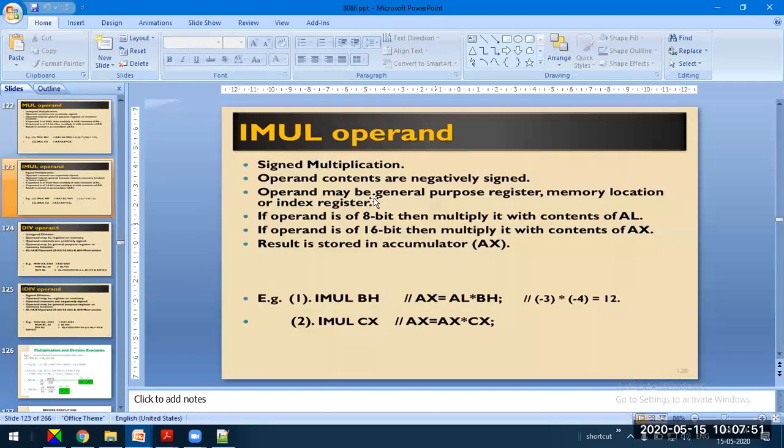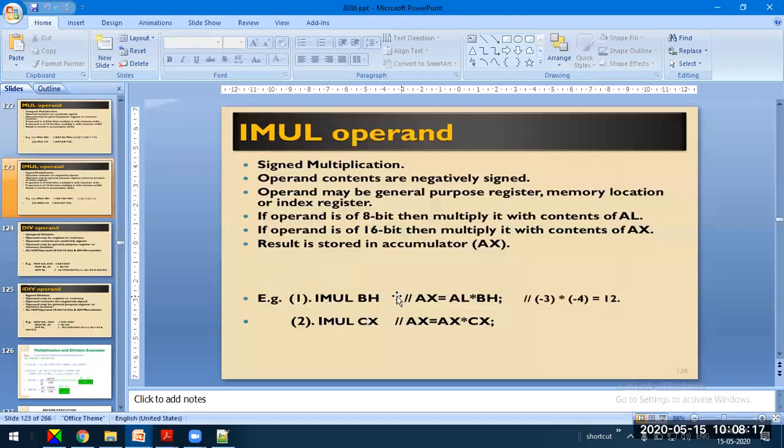Again, same logic, same procedure for 8-bit data. One of the 8-bit data is available in the AL register. The other can be part of the instruction, stored in a register. For 16-bit, again, one of the 16-bit signed data is in the AX register. The other is in another register, which is made part of the instruction.